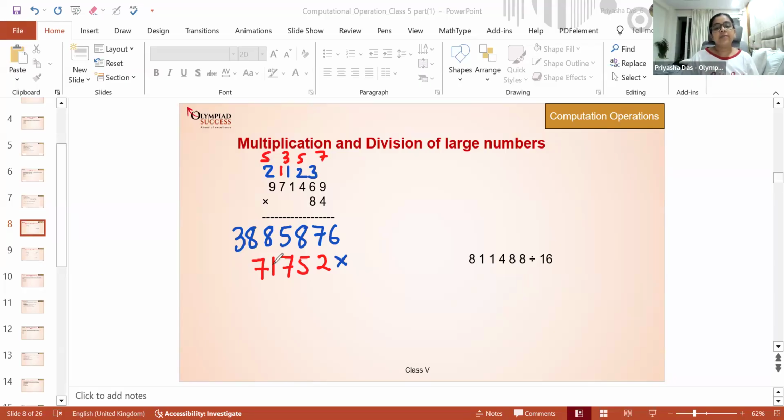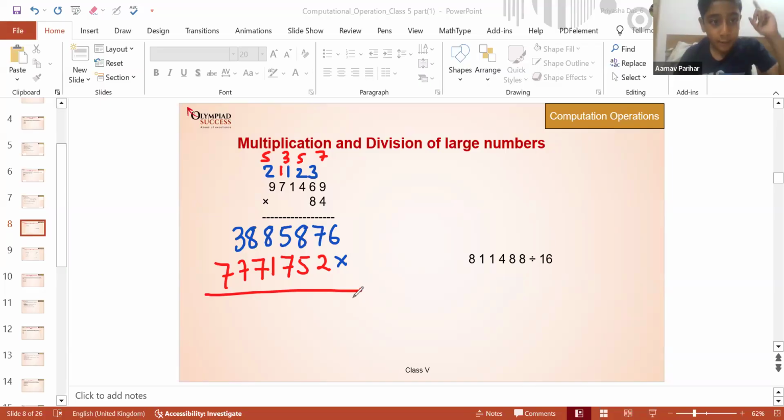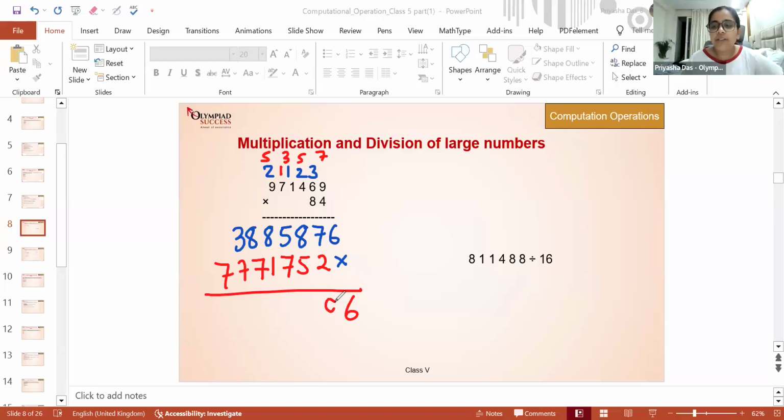Samriddhi Singh, the next one for you. 9 times 8. Ma'am, 9 times 8 is 72. 72 plus 5. Ma'am, easy. 77. Thank you. Now let's do addition quickly. We'll start with Arnav. Arnav, 6 plus 0. 6. 7 plus 2. 9. Then Naman, 8 plus 5. Ma'am, 13. Thank you.